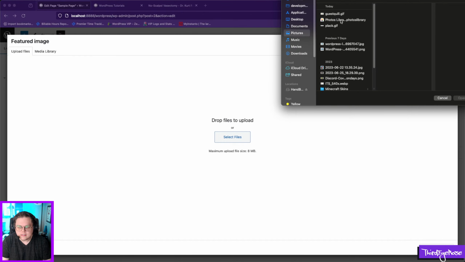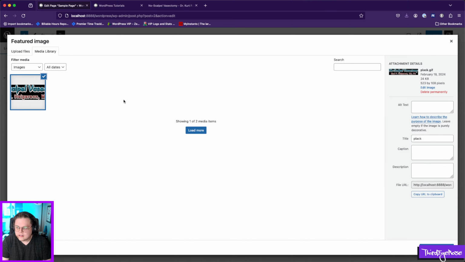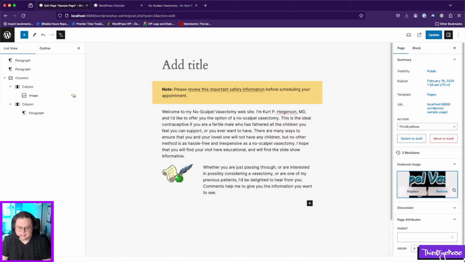Let's go to pictures and plaque. All right, so this is a transparent GIF and it looks like it's showing up as a black background in this, so I might have to translate this to something else. But for just right now, we're just kind of putting things in and seeing what it looks like. So let's update it